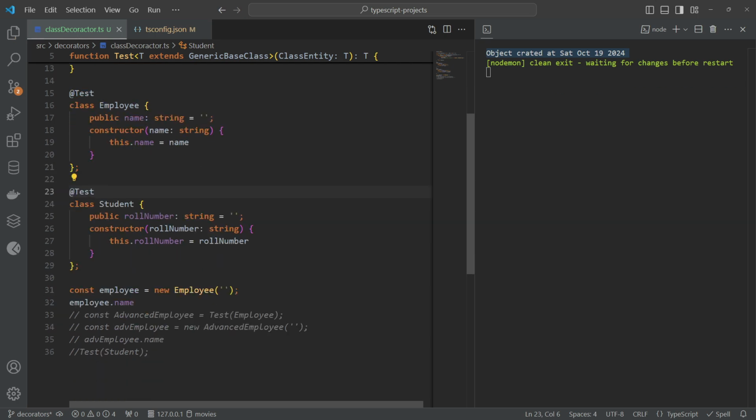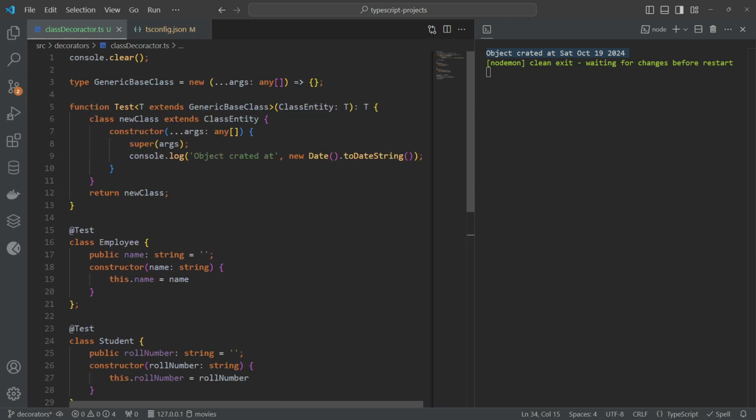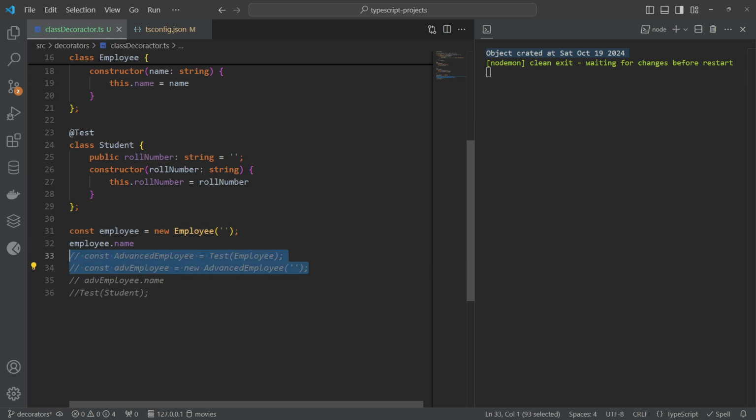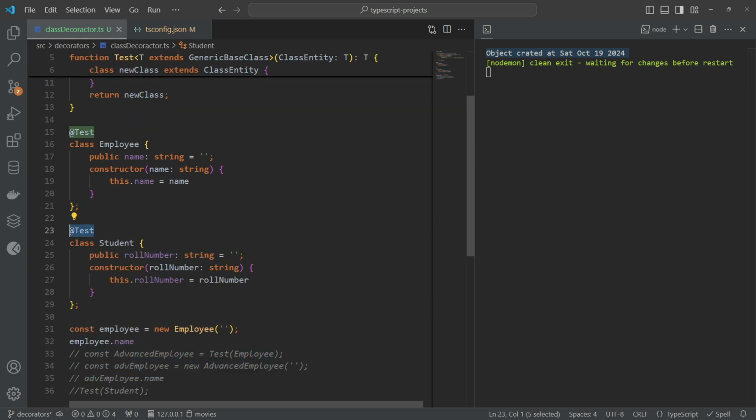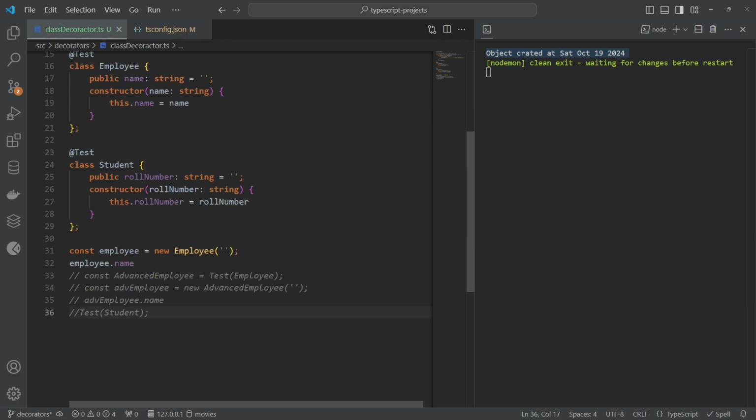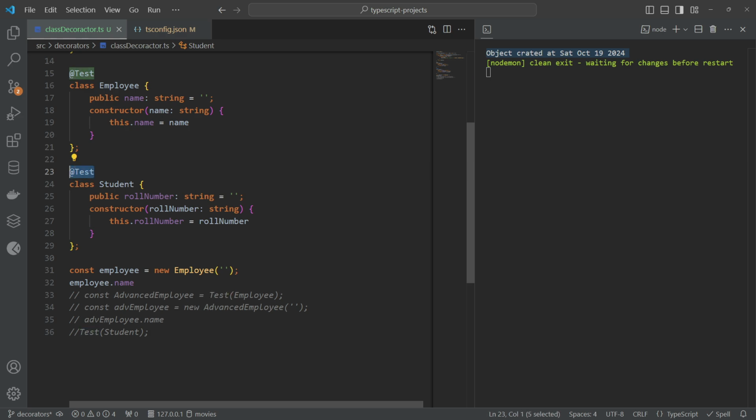Now this is the whole idea of decorator. You write a function that enhances the behavior of the class, and you get a modified class on which, if you create an object, you will get some enhanced functionality. So this is the whole idea of decorator, and this is how we write a decorator function. So we don't have to do this. Instead we can do like this. So what is the difference between these two? Like previously I said, this will happen at the runtime, this will happen at the compile time. So at the compilation time itself, we will enhance the behavior of employee or student class